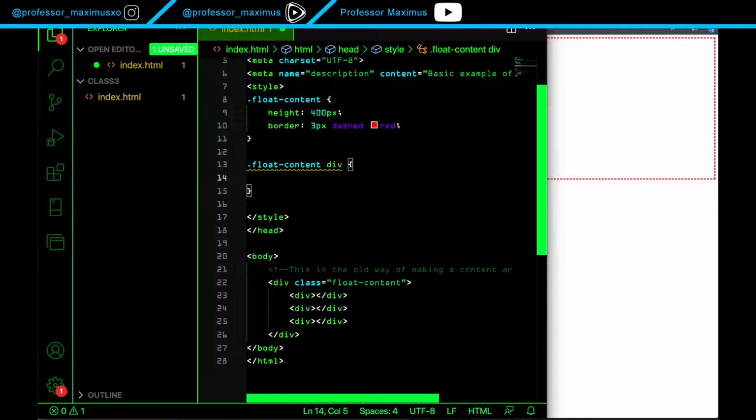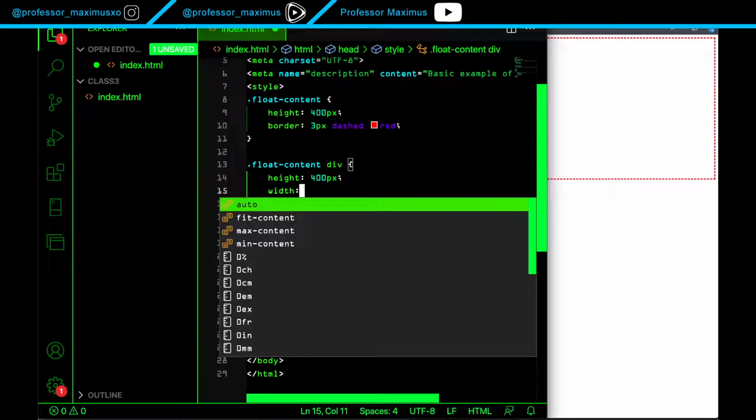And we need to tell it a height and we need to tell it a width. I'm going to give it a border too so that you can see it. First I'll say height, and I'll give it 400 pixels. Width, I have to tell it,